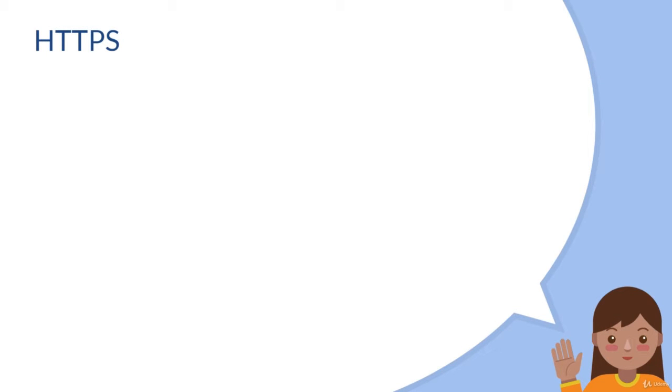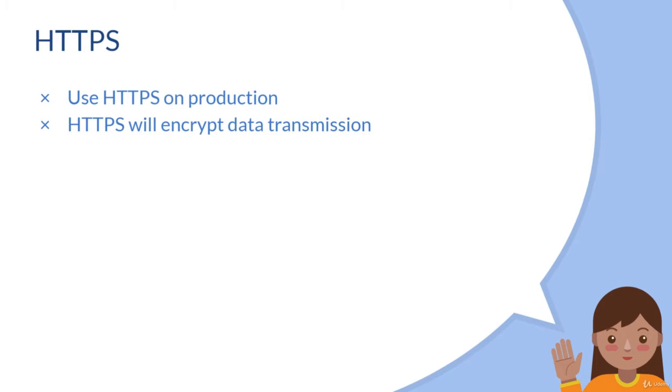Up to this point, we have already seen several endpoints, all with the HTTP protocol. In real life, especially production, you should always use HTTPS. HTTPS will encrypt your data during transmission, which will protect the communication between your browser and server from being intercepted